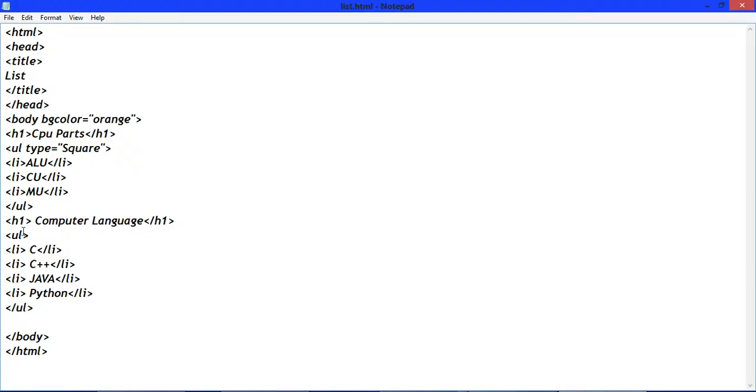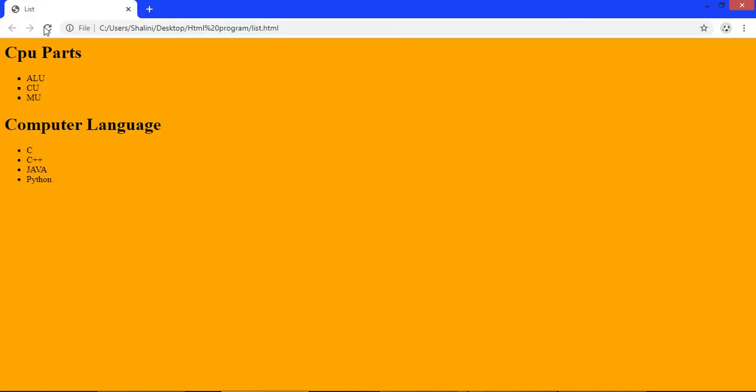Now write here type equals to circle. Save it and run it. See, now the disk bullet changed to circle bullet.